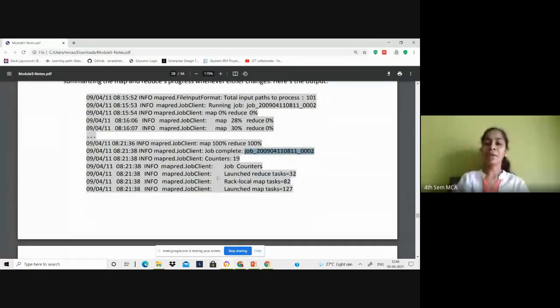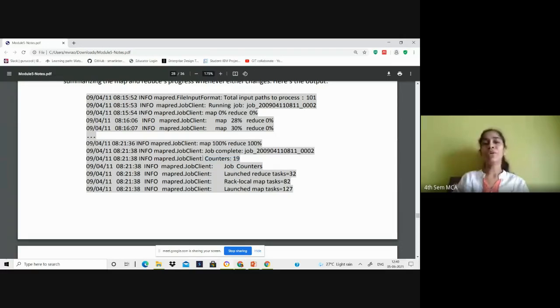Now listen carefully. This job will give the information about 19 counters. Students, you need not write this for your exam. Again, this is for your understanding sake. All the content in your lecture notes that is shaded with gray color is for your understanding. So you need not remember it for the exam. Just understand what kind of information will be displayed by your job windows.